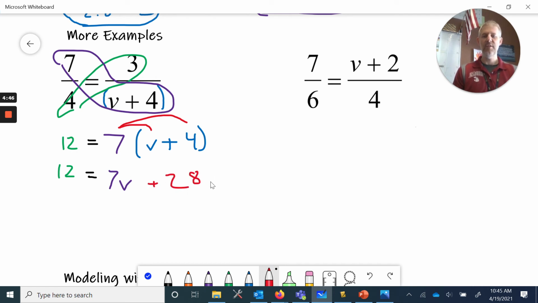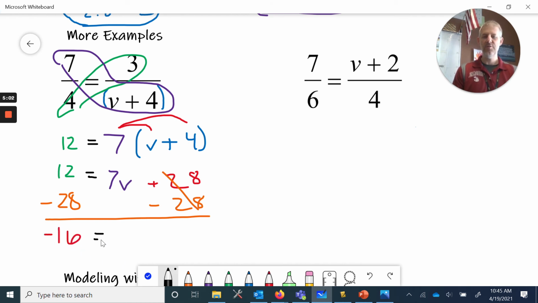And now we have a two-step equation that we've discussed in prior videos. So we'll subtract 28 because we want to isolate the 7v, so we can get the v by itself. And that gives us negative 16. As always, just make sure you can check my math on your calculator if you're not sure. And okay, so then we get negative 16 equals 7v. Divide both sides by 7. And in your calculator, you will get v equals